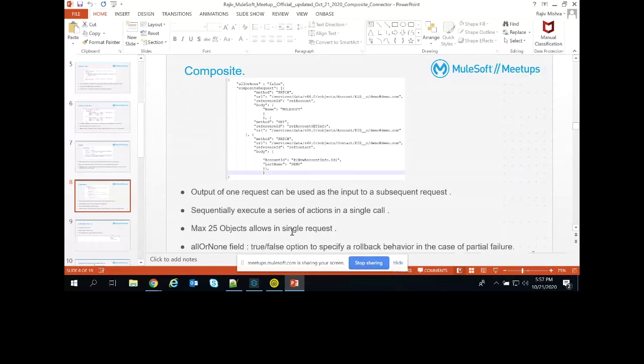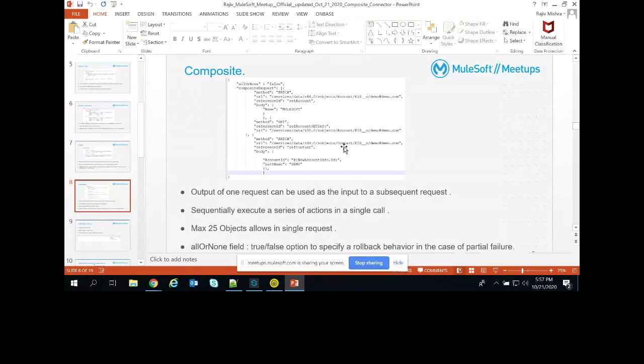So basically, this is the difference here. Suppose, for example, the account has a dependency with the contact that we have created here. On the basis of the reference ID, the reference ID is ref account, I have given ref account there, and then I have the reference ID for the contact as well. But the EID, if you see, both are the same. So each has a dependency on the other.